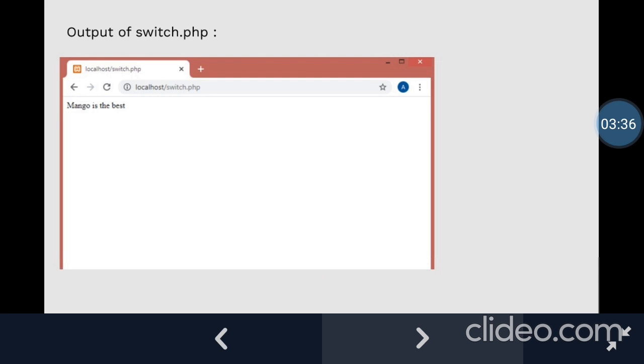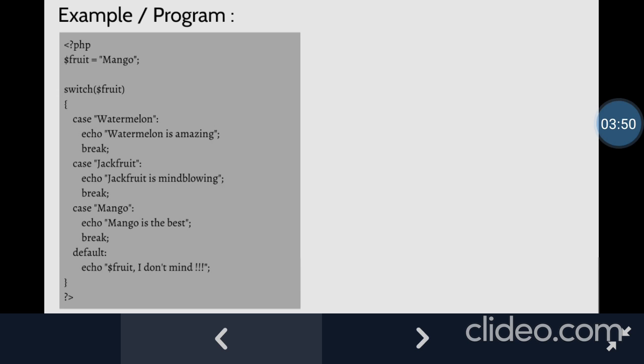So we will go to the browser and type localhost/switch.php. When we press enter, what will be the output? Mango is the best. Now why is it so? Because I have told you that $fruit is equal to mango here. So our case 3, which has the value mango, will match with the expression $fruit. So our output is echo mango is the best.